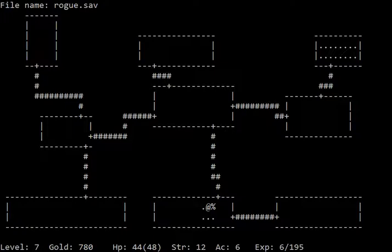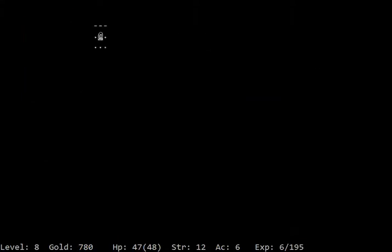So yes, anyway, as written by Glenn Wickman, I hope that's how it's pronounced. I'm thinking Wickman's correct, but it could be Weichman. I don't know. Anyway, he wrote a quick little explanation called A Brief History of Rogue, and the first thing that was explained is that originally this game came out around 1980, where there were things like the